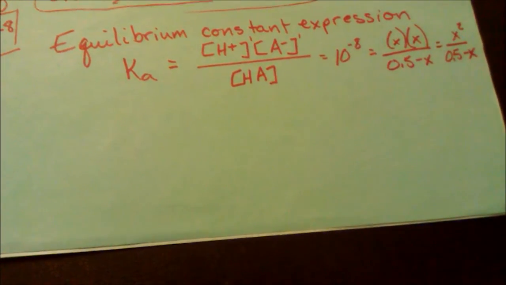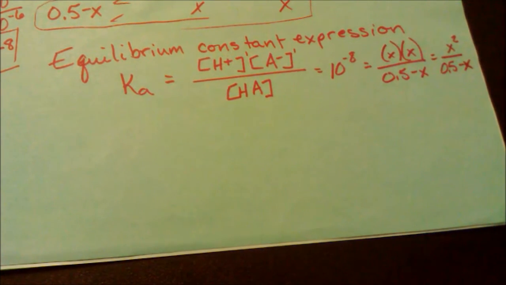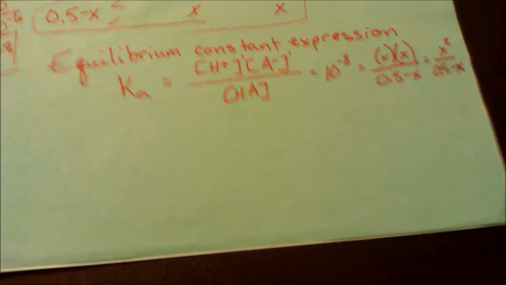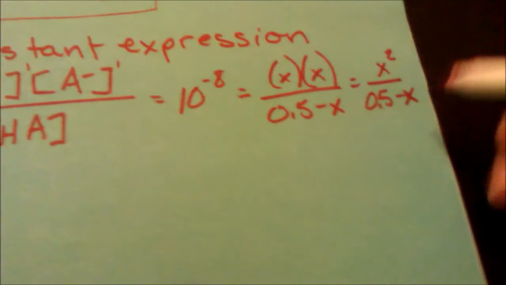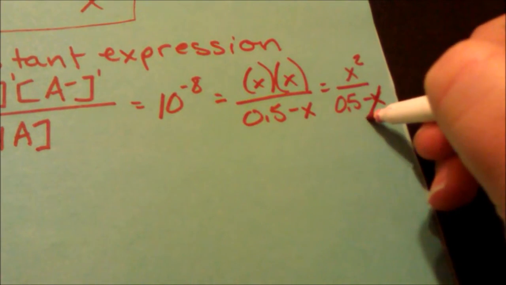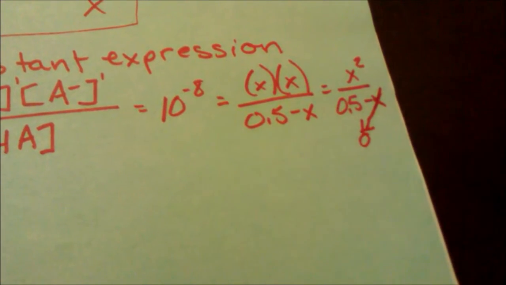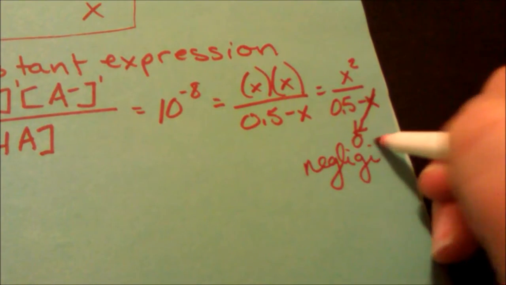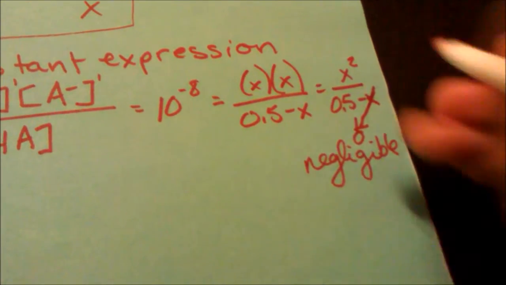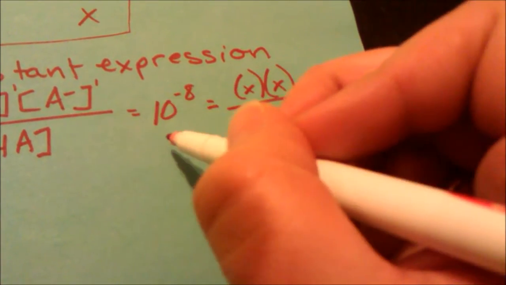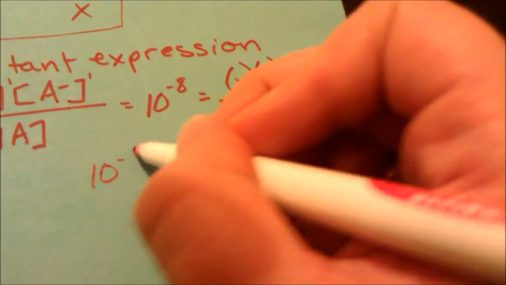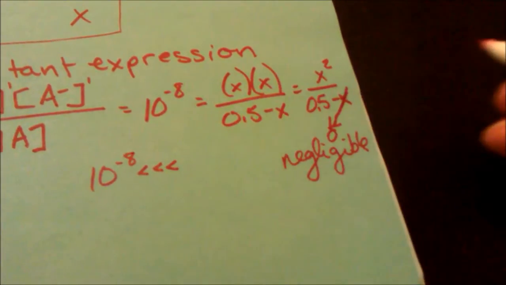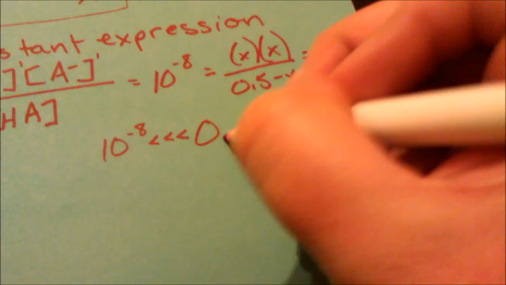Now, I have two options here. I can do some really annoying algebra and solve for x, or I can avoid the really annoying algebra by recognizing that this x right here is negligible. Okay, I can zero that out. It is negligible. How do I know it's negligible? I know because my Ka value, 10 to the negative 8th, is much smaller than the concentration I'm talking about,